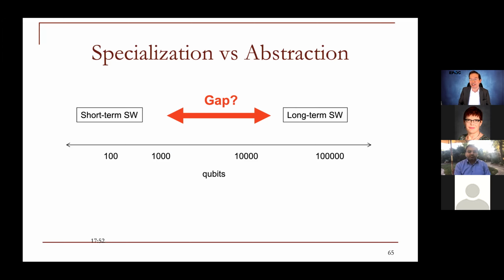Basically, the things that I talked about today, how many of those will persist once we get to much larger machines or fault-tolerant machines? And it's interesting because I actually started my work 20 years ago on the right side of this before we had any machines. And lately we've been on the left side of this. But my intuition is a lot of what we learn about physics-aware software stacks will persist into the future, because it would be hard to imagine a time when qubits are perfectly reliable and essentially free, as we are in the classical world for bits.